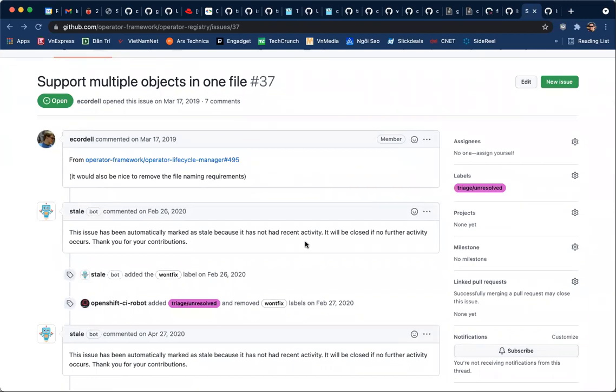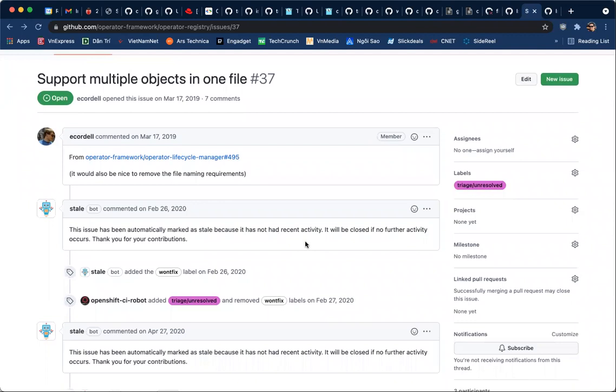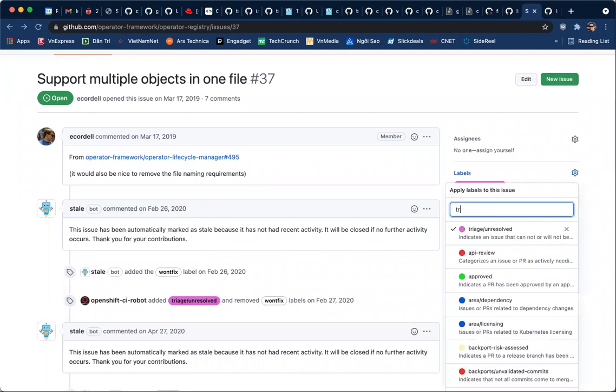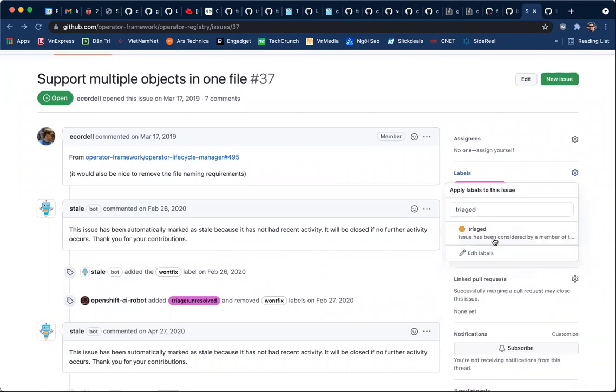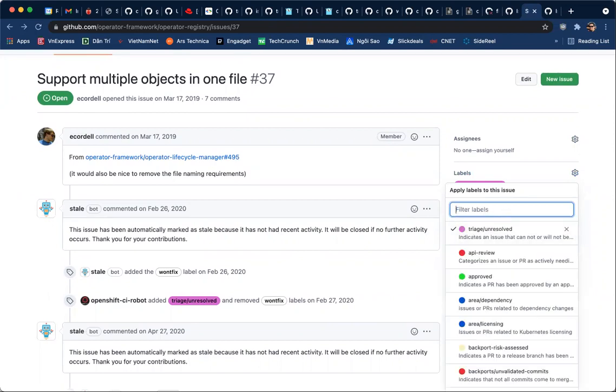I don't see why we can't just verify whether it works now with existing bundles. If it does, then we can just close it out. If it doesn't, it seems like something easy enough to implement. I don't think he even mentions file naming requirements. I don't think anything has file naming requirements anymore. Or if you go to 495, is it even talking about